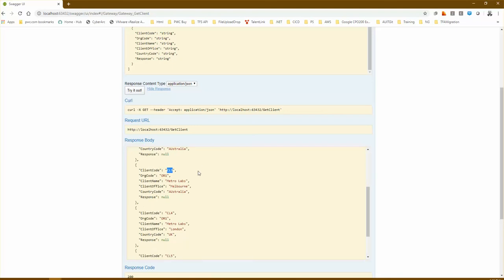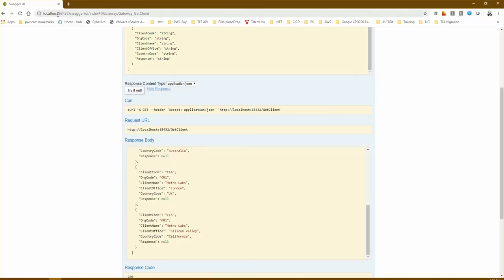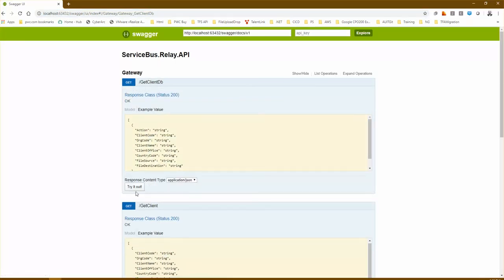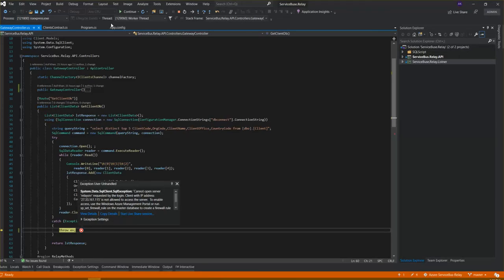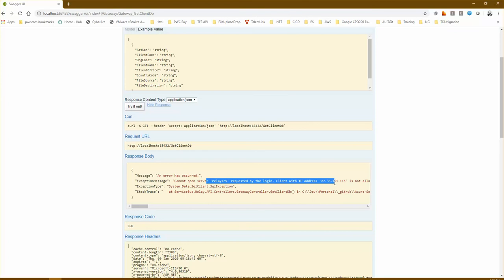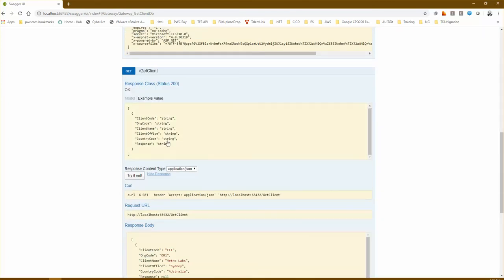Now, this is running on my local machine. I can access the data and I can get the reply back. So just to validate again, if I go and click the one which was directly communicating with the database, it doesn't work, because technically it should not, because it doesn't have access. So since I'm running through the service bus relay, the way it works is,